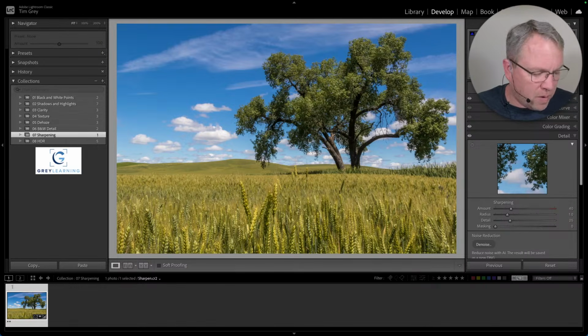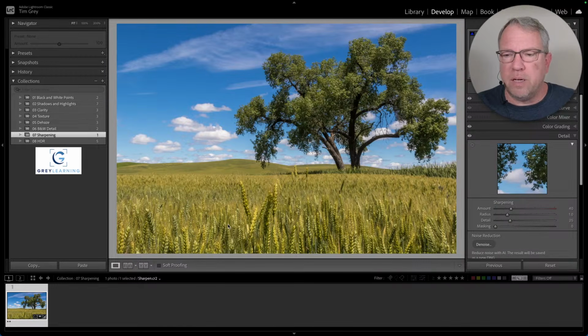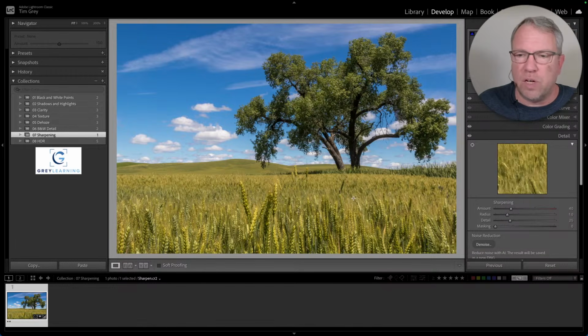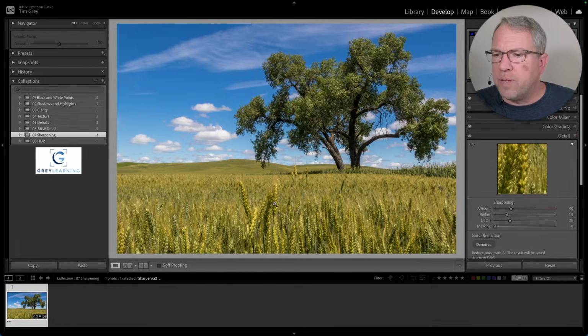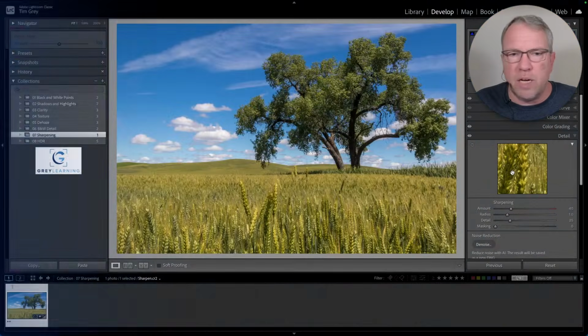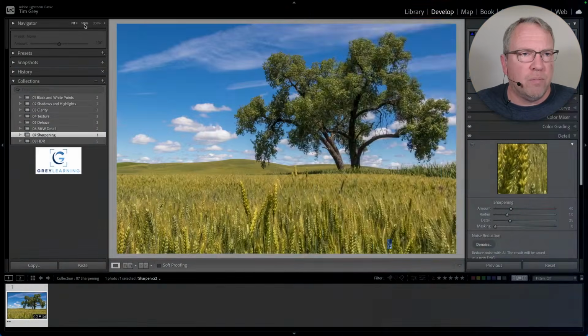And so I don't think it should be thought of as a creative adjustment per se. Sharpening is really about the initial adjustment, the initial sharpness of the image. So I'm going to click on my target icon here, and I'll click into an area of the photo that I want to preview so that I'm viewing it at 100% here,